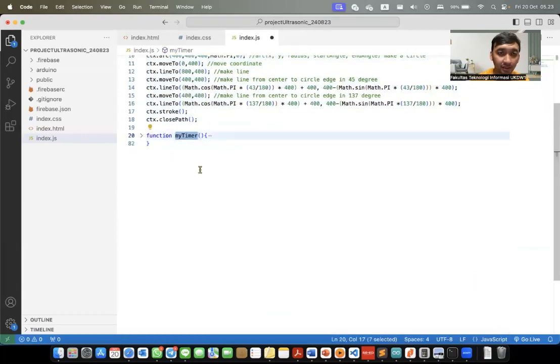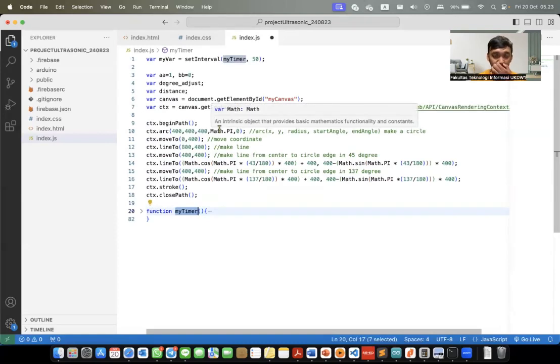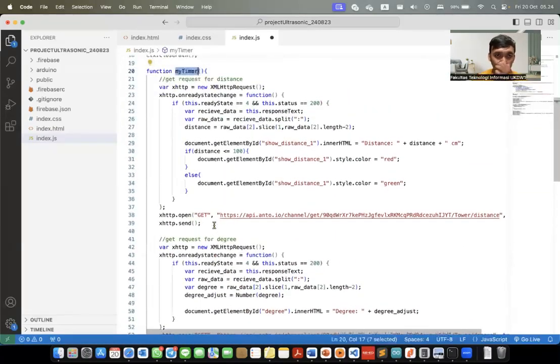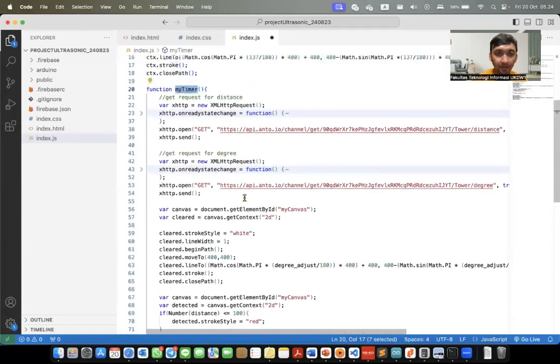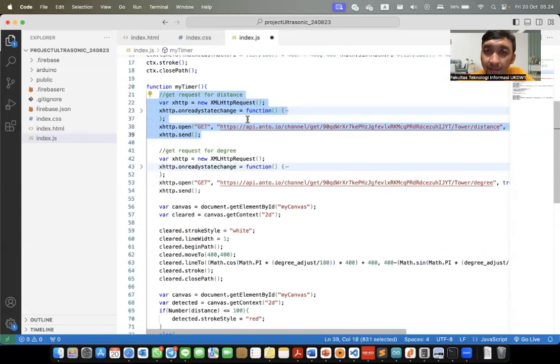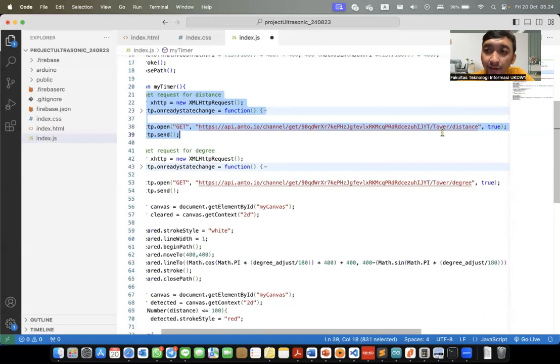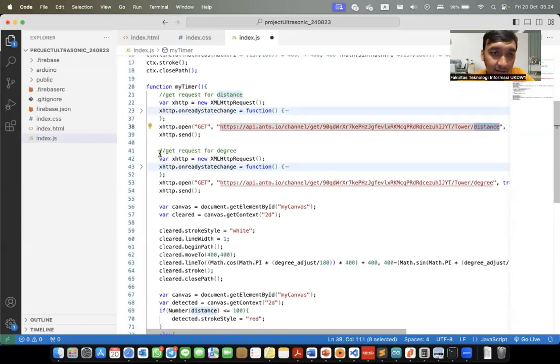This is the simple code in the JavaScript, and for the first one here, this block is a request to get the distance value. So we create the distance value here. After that, an HTML request for the degree.